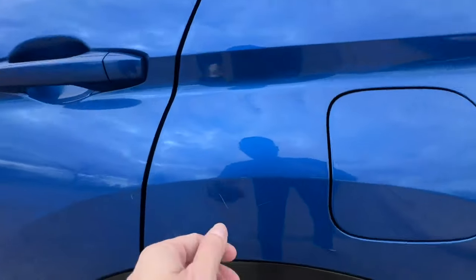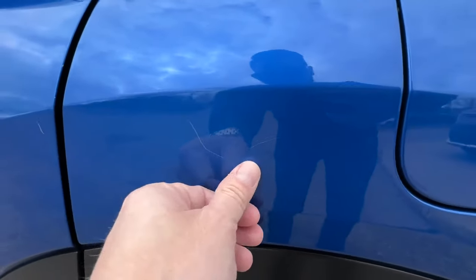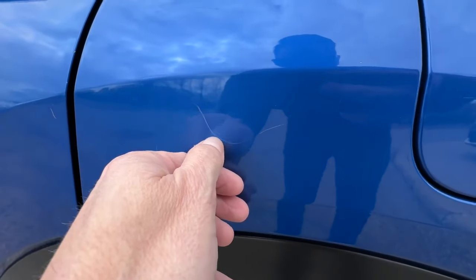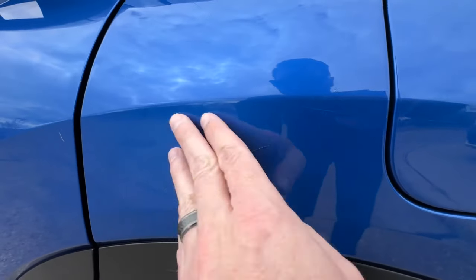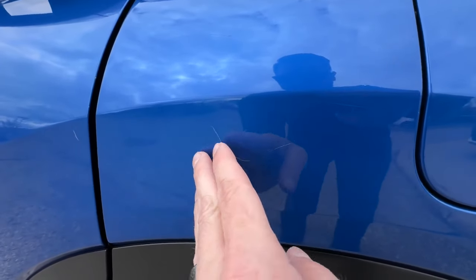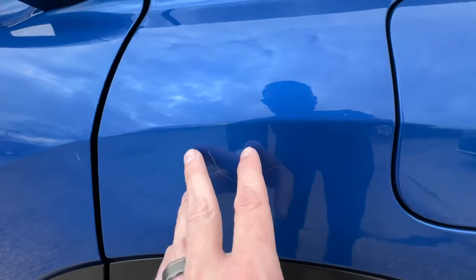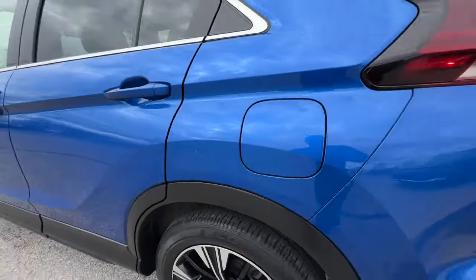Now, little bit of a character flaw here. There's a light scratch here in this paint. However, I can't really catch my nail on all of this. So I think if we buffed this, a lot of this would really kind of lighten up, and it should get 50-60% better than what we see here. All right, so there's just that little one there, but I think a buff and polish will really take a